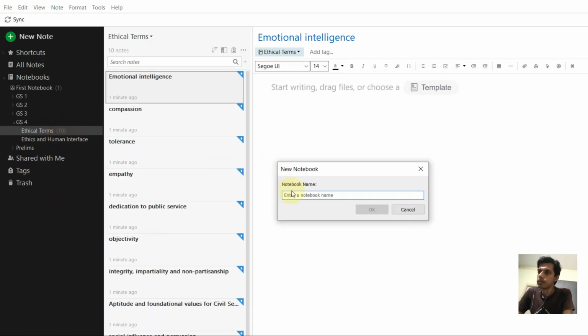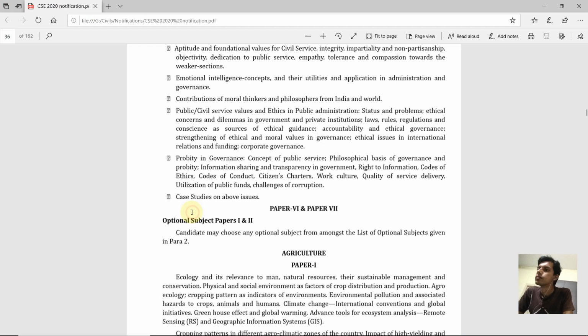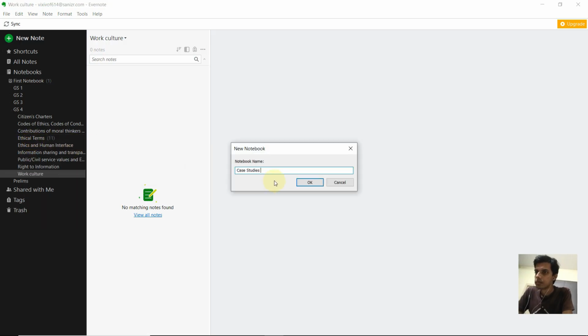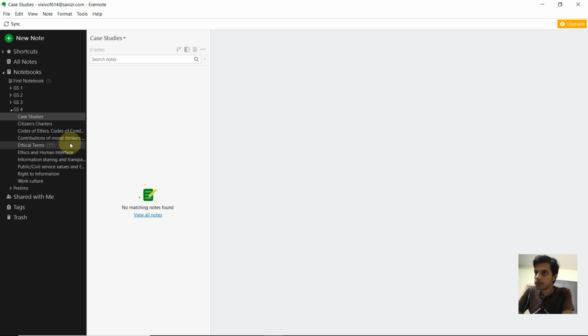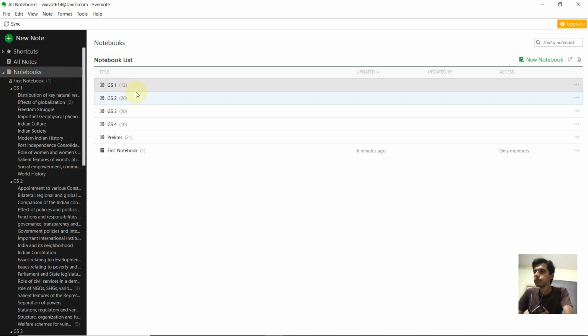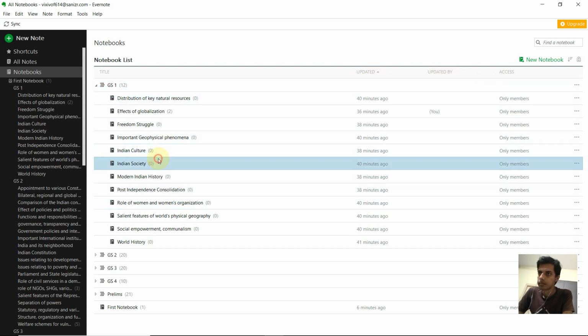And then we will be creating a new notebook of the contribution of moral thinkers. There are various thinkers which you can add to this notebook. And similarly, for all those remaining topics, we'll be creating new notebooks in the GS4 stack. We have created, you can see all these notebooks are here. GS1, there is updated, there is access, like if you want to share it with someone you can share them also.